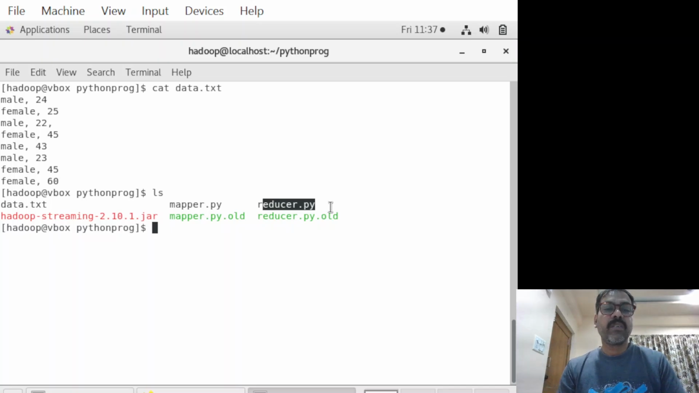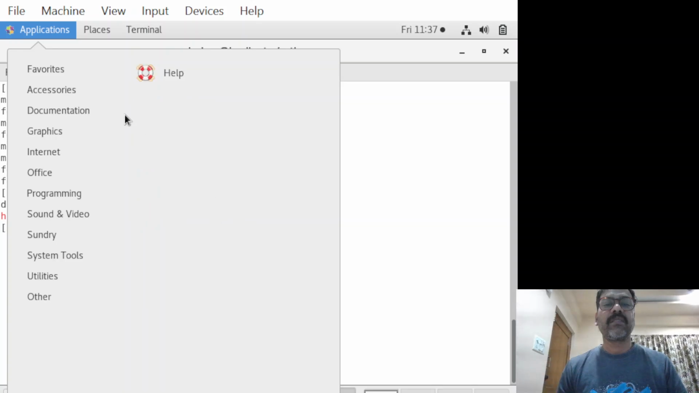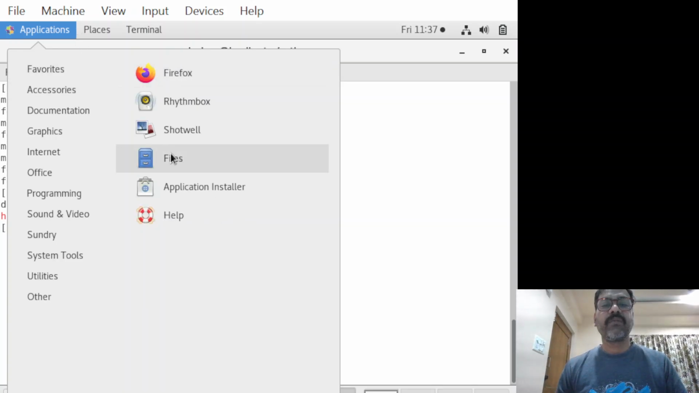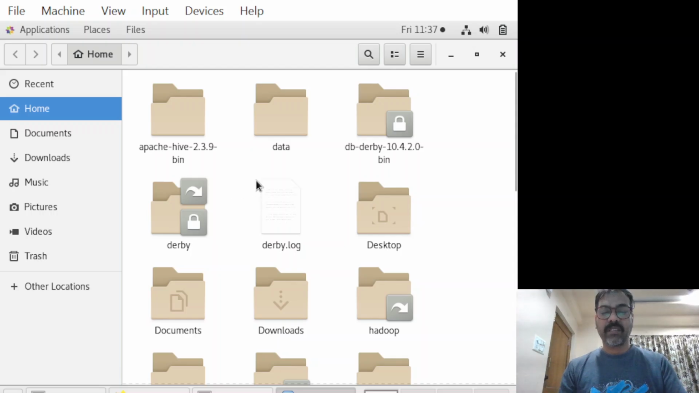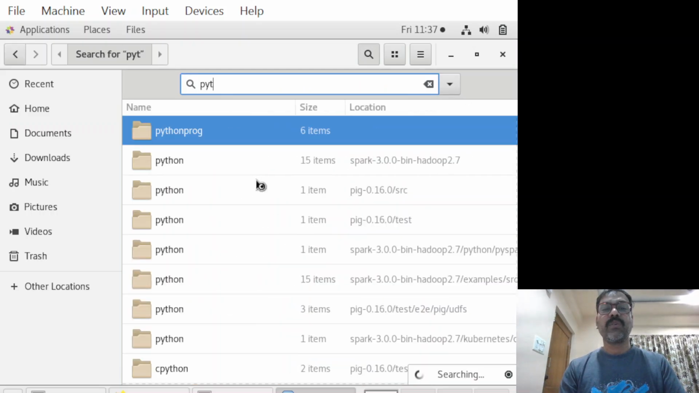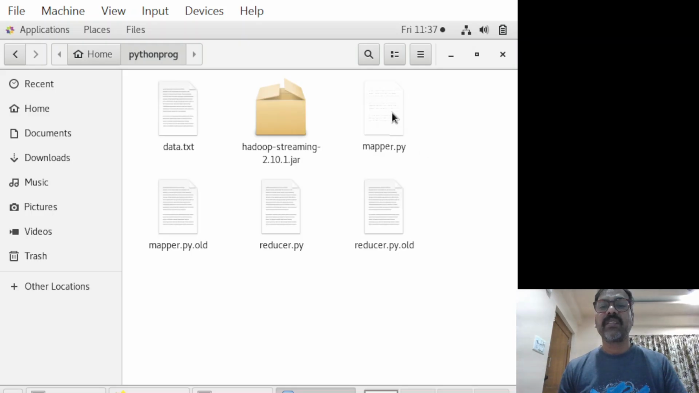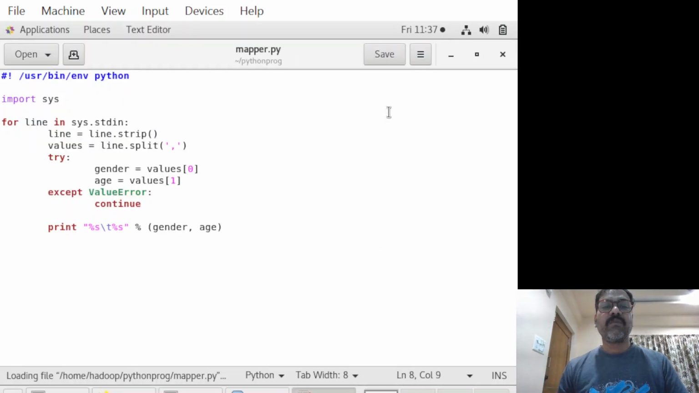Okay, so already you know what my data is. Now I'm going to show you my mapper file. So what is this mapper? Instead of nano, it's better if I demonstrate that with Python. I have these files in a directory called Python programming. So this is my mapper file. The logic inside this mapper.py, which is a Python script,